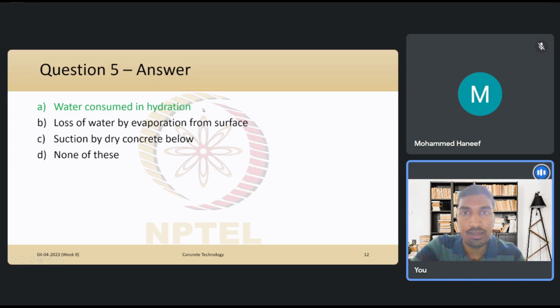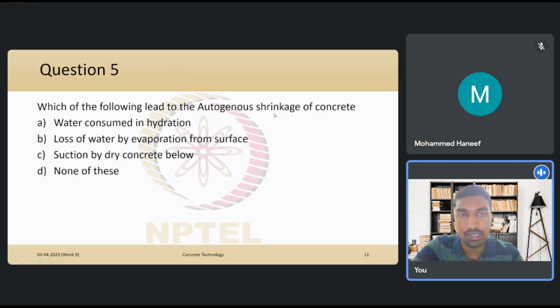So we looked at different types of shrinkages, like the drying shrinkage, chemical shrinkage, plastic shrinkage, and so on. Autogenous is one of them, right? So as per the definition, what is autogenous shrinkage? It is a shrinkage that we see at a macroscopic level for a sealed specimen, right? When we talked about the mechanism of shrinkage, we looked at the movement of water. But here in the case of autogenous shrinkage, we are looking at a sealed specimen,